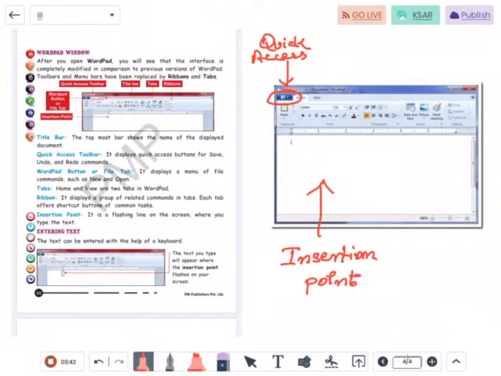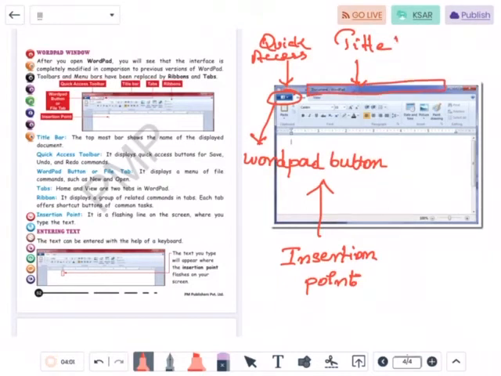Now this button is called the WordPad button. This is the title bar where the document name is displayed. The topmost bar is called the title bar.